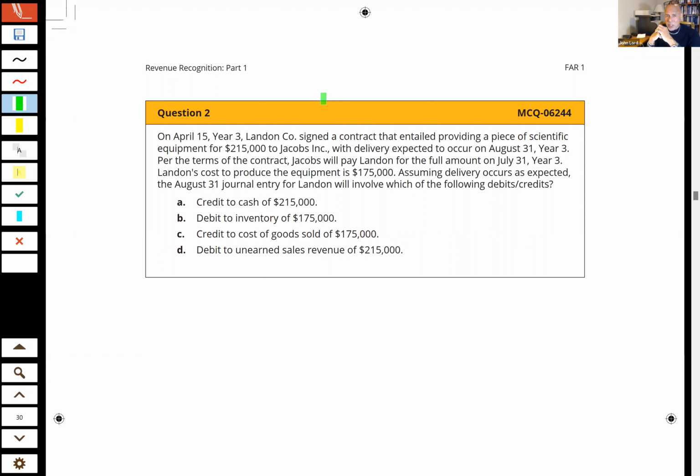So when you see a question like this one asking you for one side of a journal entry, don't fall in that trap. Make the whole journal entry, especially where there's one like this that gives you multiple steps to a transaction and then asks you ultimately what should happen on a specific date. Make the journal entries for each one of the dates that's called out so that you can compare it to the one for whatever date they're asking, and that'll allow you to select the right answer. Okay, so let's go ahead with that approach in mind, and let's take a look at this question.